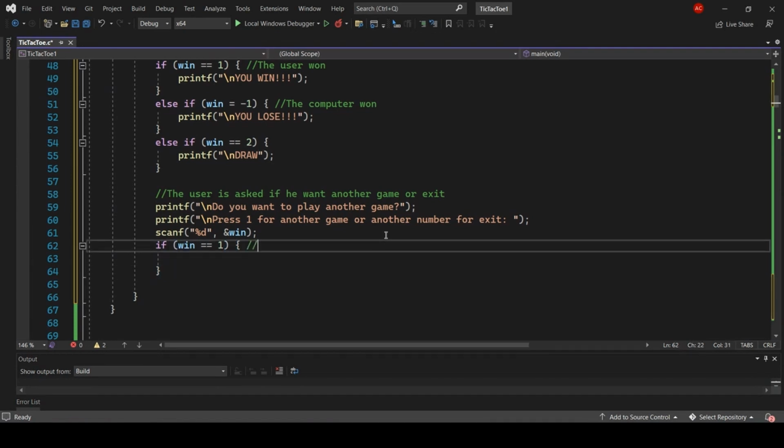If the user clicks 1, we'll reset all the squares, and then print an empty board.